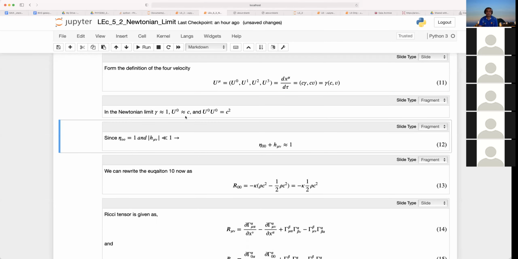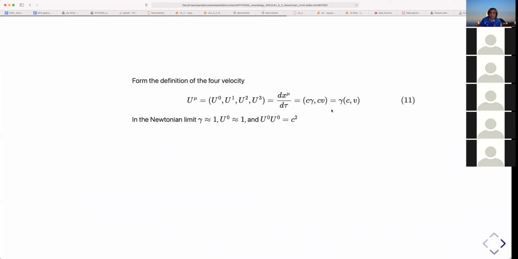So that U naught should be equal to C, not 1, because that is the first term, the time component. So I will upload it. Which means you can see that the U naught term will be equal to C squared, even though I have written it differently before, so I mentioned the reason here. And also, when you look at the metric tensor,